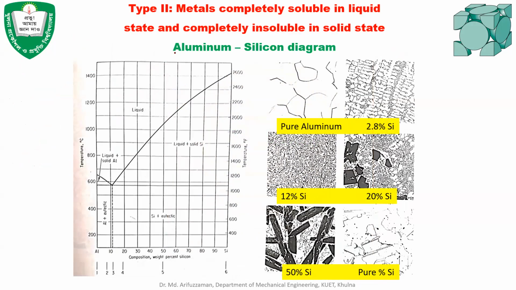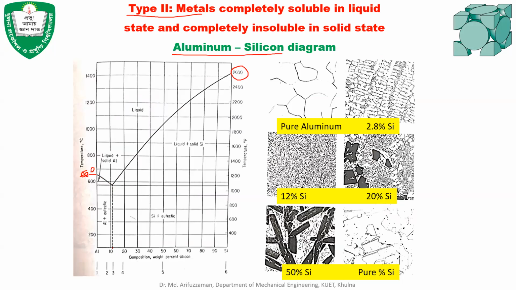This is an example of an aluminum and silicon alloy system. In this case, this is a type 2 phase diagram. It can be created using aluminum and silicon. Silicon has a melting point temperature of 2600, whereas aluminum has a melting point temperature of around 640 or 650. When silicon is added to aluminum, the melting point temperature decreases, and a eutectic is formed